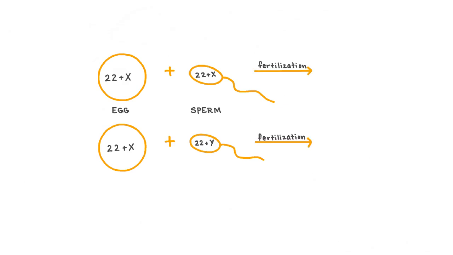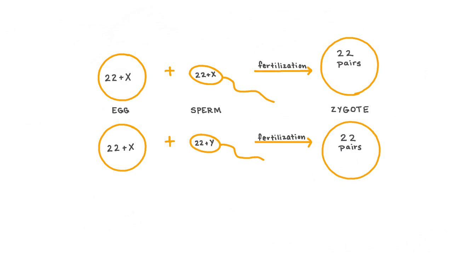After fertilization, a zygote is formed when the egg cell and sperm cell fuse together. This zygote will have 22 pairs of autosomes. Each pair of chromosomes consists of one chromosome from the biological mother and one from the biological father. These pairs are called homologous chromosomes, and they're not really different colors, but we're using pink and blue here to distinguish between the chromosomes inherited from the mother and from the father.